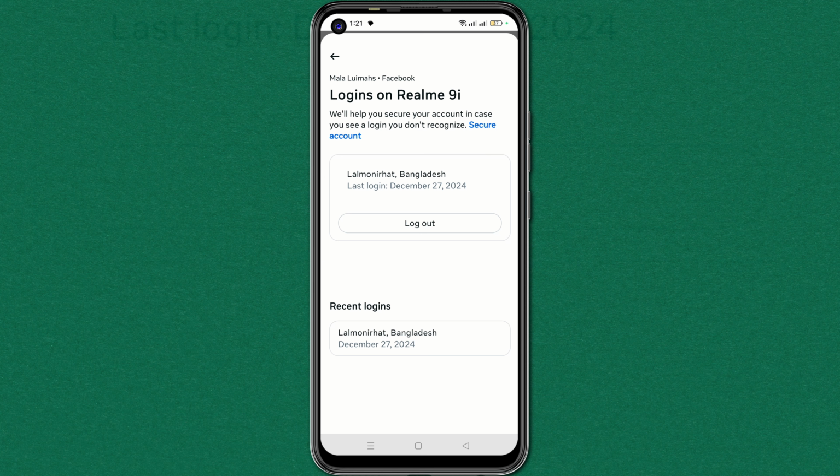If it still doesn't work, uninstall both Facebook and Messenger, reinstall them, log in again, and your problem should be